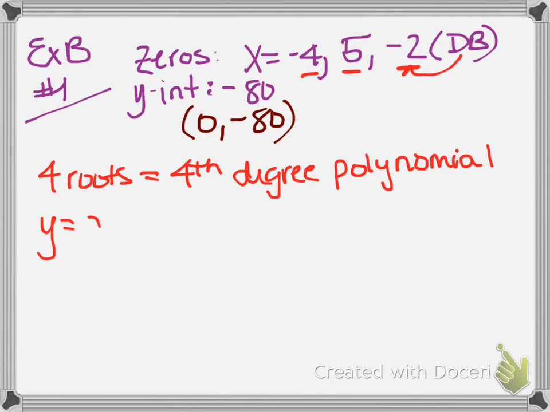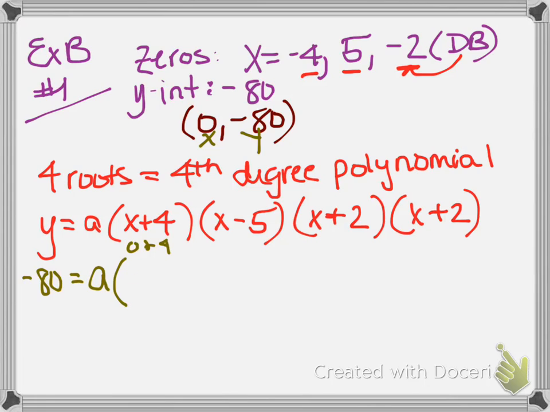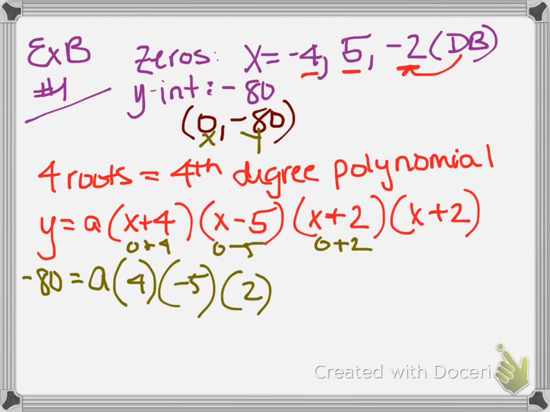So my equation will have to have 4 sets of parentheses, x minus, x minus, x minus, and x minus. So I have x minus -4, so that's +4, x minus 5, and x minus negative 2, so that's plus 2, minus negative 2, so that's plus 2. And now to find a, I plug in x and y. So x and y, plug that in. I have negative 80 equals a times 0 plus 4 is 4, 0 minus 5 is negative 5, 0 plus 2 is 2, and 0 plus 2 is 2. Multiplying all that out,